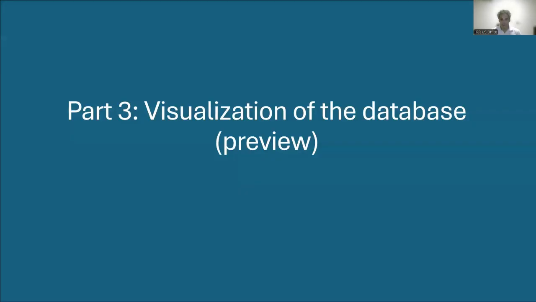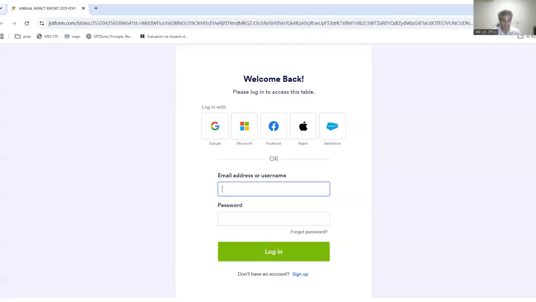Then the part 3, which is the visualization of the database. This is mainly for the managers that will ask access to see the information that has been filled in. If you're interested in having access to the database, please send me an email so I can send you a link. You will receive a link from JotForm,